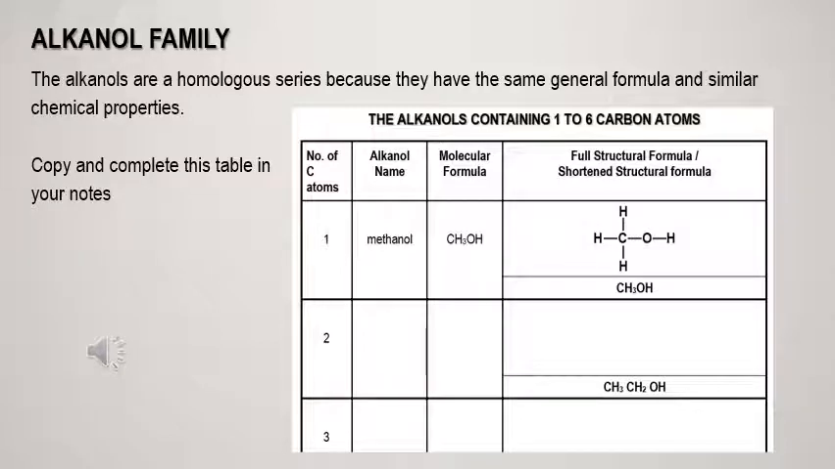You don't need to repeat the information on the previous slide, but I would like you to make sure that you have the name, molecular formula, full structural formula, and shortened structural formula written down for the alkanols containing 4, 5, and 6 carbon atoms: butanol, pentanol, and hexanol. When writing the shortened structural formula, use the example in number 2 in this table as a guide. It's very similar to writing the shortened structural formula of